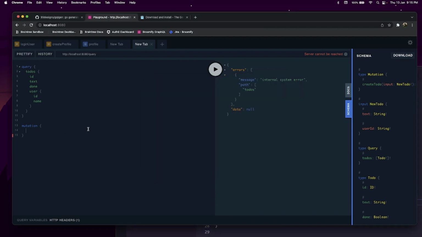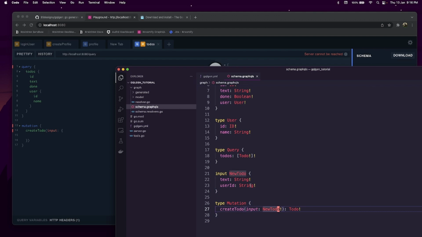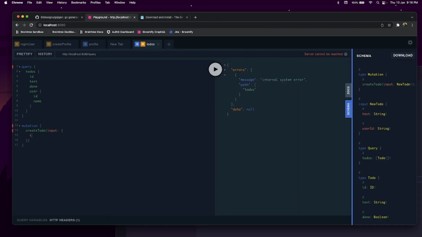But if I do a mutation here, I can do create todo with the input of new todo, which has text and user ID. And this should return to me